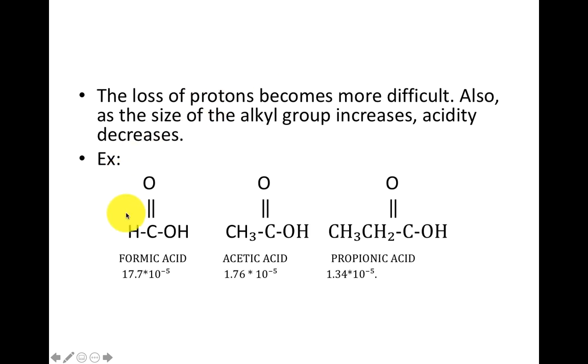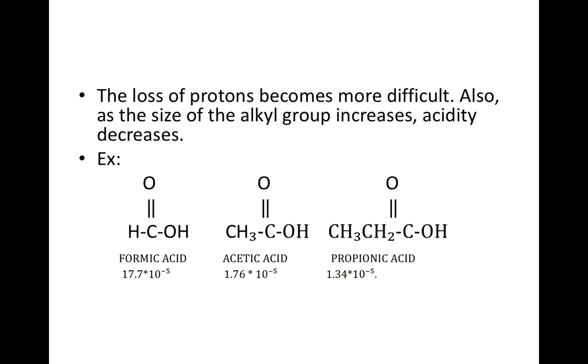See here, this is formic acid, right? Keep this C double bond OH group constant for everything. See here, C double bond OOH, C double bond OOH. This double bond will be present here. Here also C double bond OOH. So here hydrogen is attached to this carbon and here a methyl group is attached to this carbon. Now here an ethyl group is attached to this carbon. This is known as formic acid, acetic acid and also propionic acid.